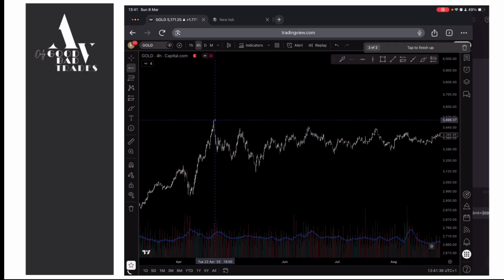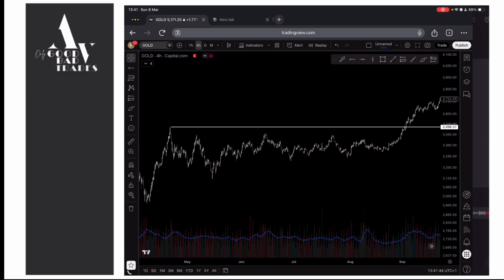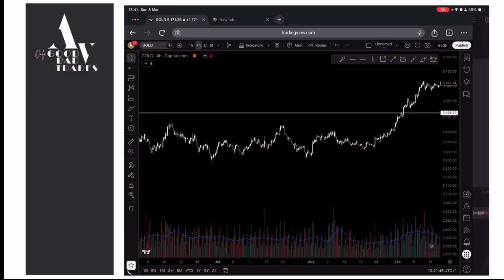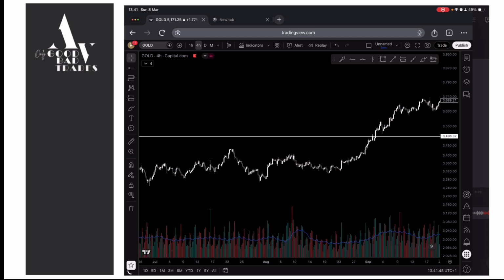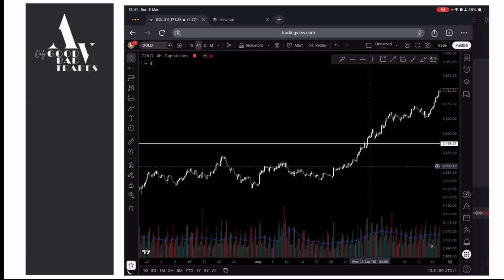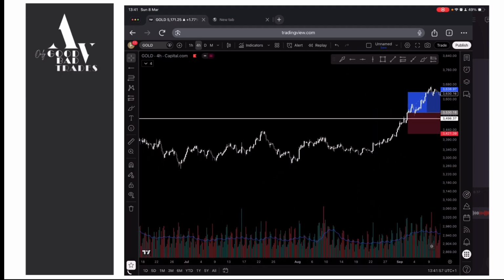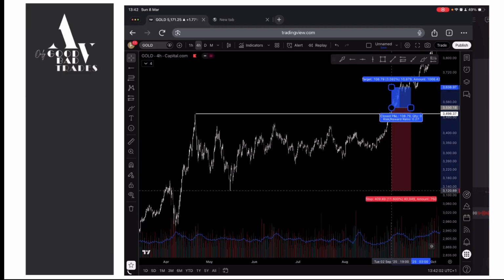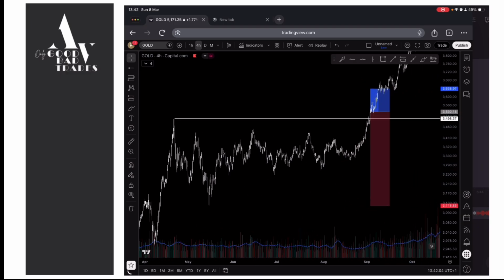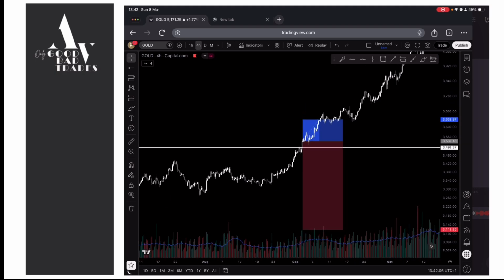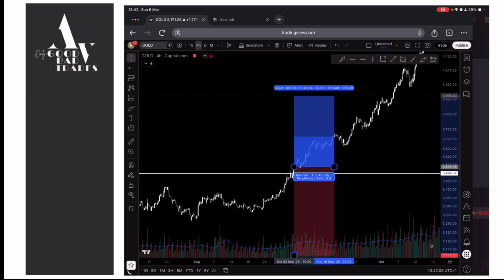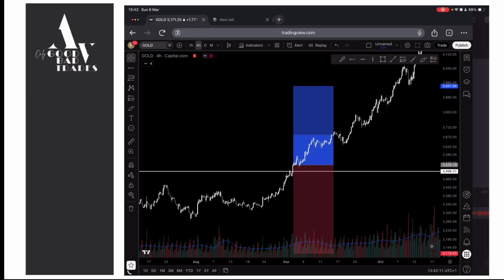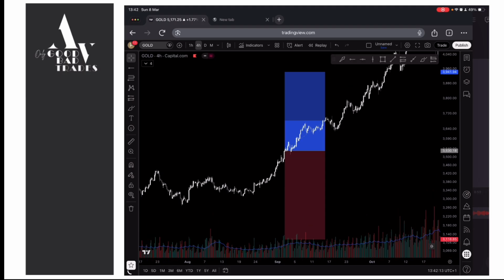From here, we don't get to do anything until the break of this. So nothing happened until we broke here. And this was the candle that broke here properly. So what I'll do is to take this buy here, and I like to place it at the lowest point before that break. And then we go for 1 hour. That's it. 1 hour, easy.